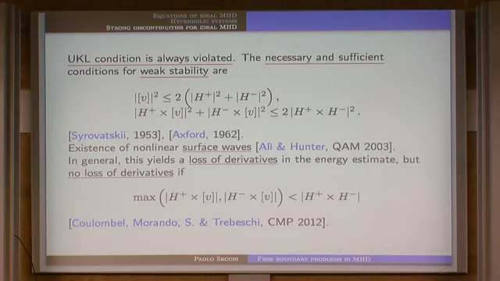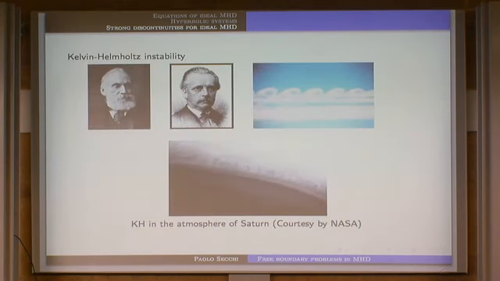So in general, we expect a loss of derivatives in the energy estimate, but for the nonlinear problem, under these more restrictive conditions, in a region a little bit smaller than this one, there is no loss of derivatives, which we hope will be useful for the proof of existence for the nonlinear problem. And this is the last slide, with Kelvin-Helmholtz